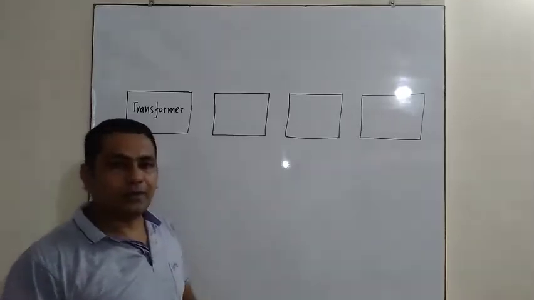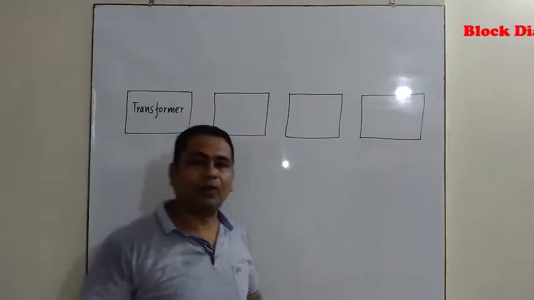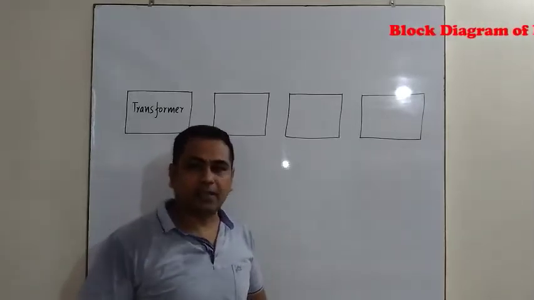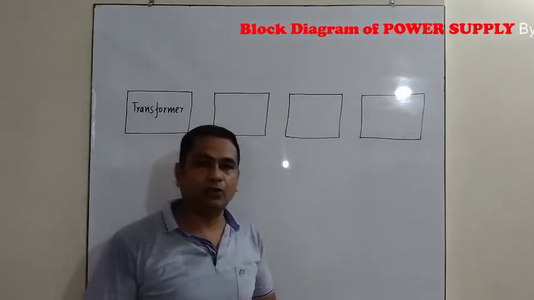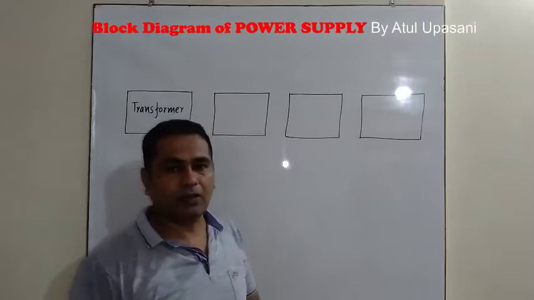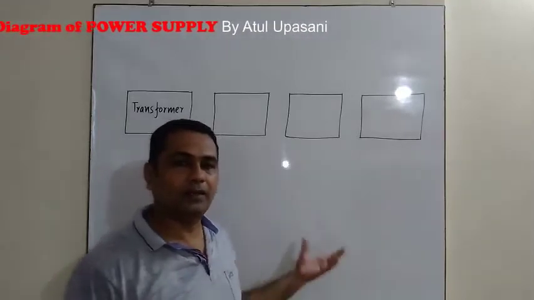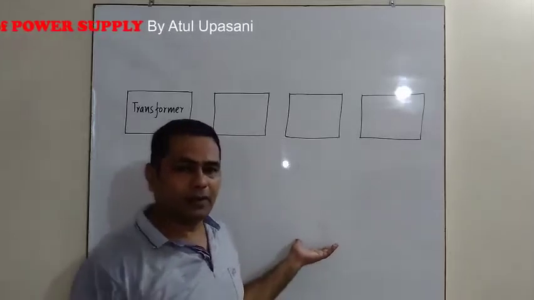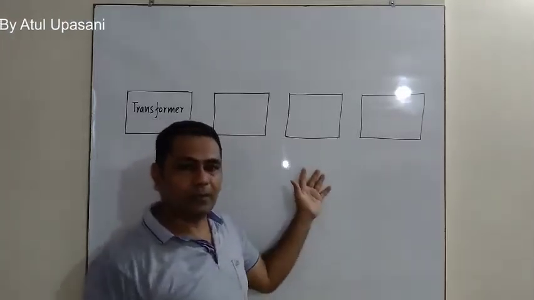What is meant by power supply? Power supply is a circuit which is used to generate power for the electronic circuits. And as we know, the most convenient way to get the power is from the power station, and this power station's voltage is available in households or anywhere. So that power is utilized to construct the power supply.